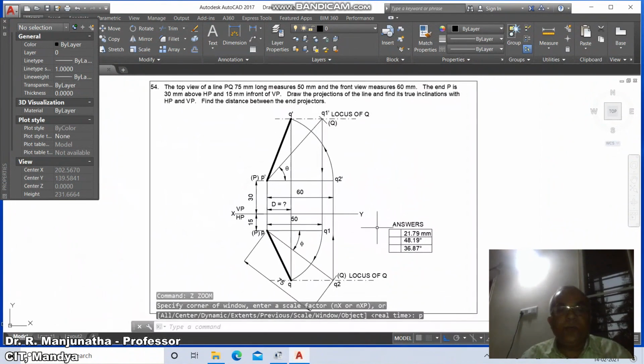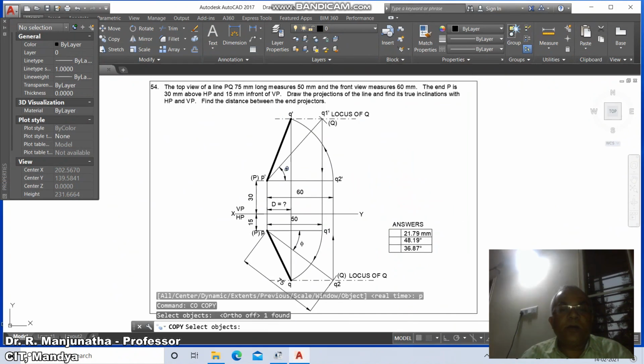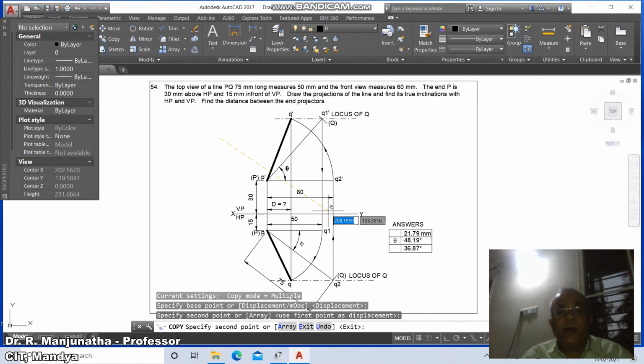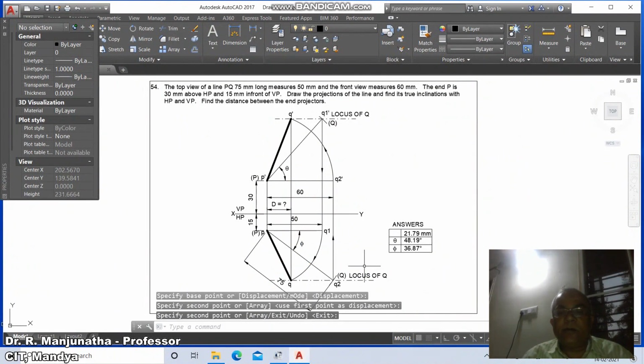Then go to copy, switch off the ortho mode, click on this theta, copy, select on this, take theta here and here, phi, click on this and here.